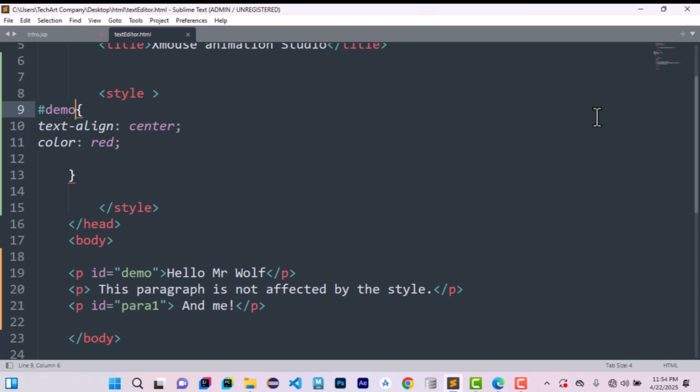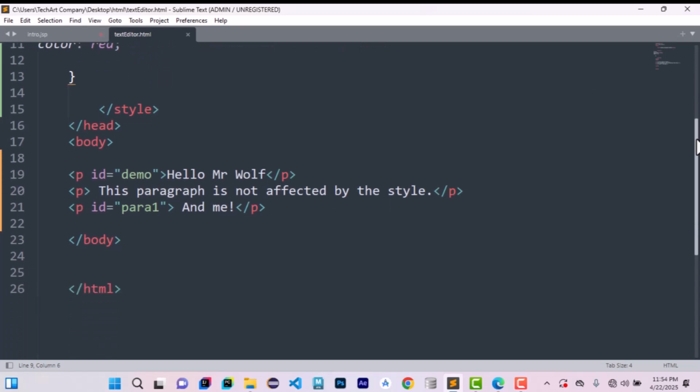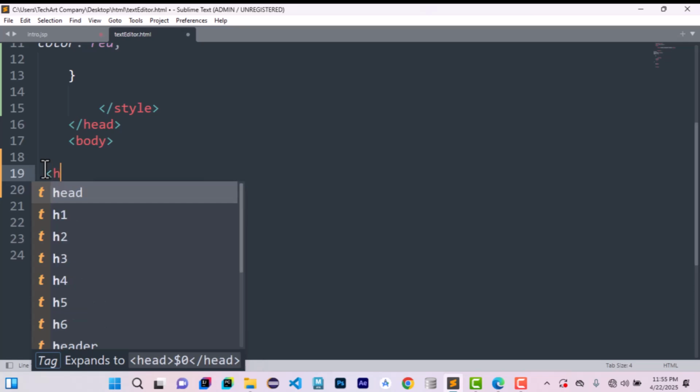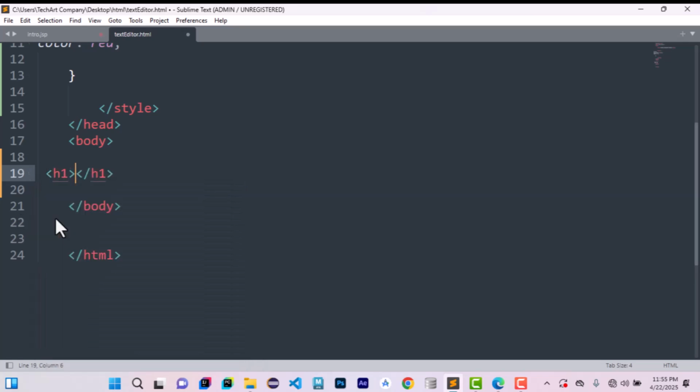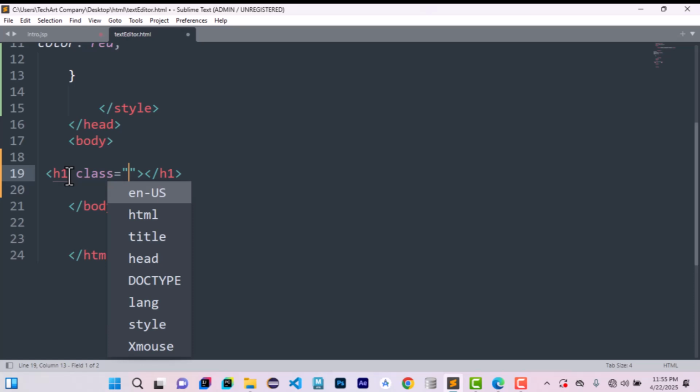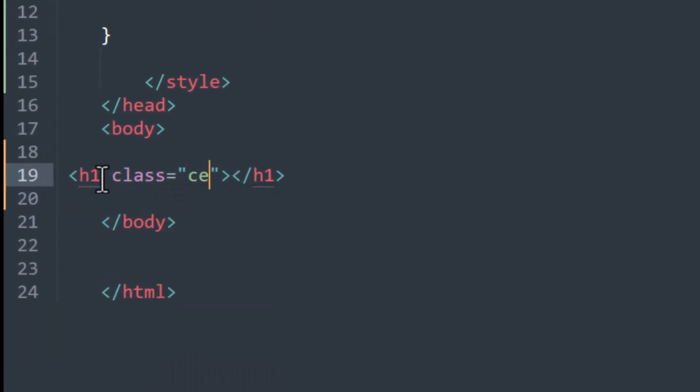So I just want to put some HTML tag here once again. Let me just remove all this and start clean and create an h1 now. In my h1, I want to give this h1 a class. And the class is, let's call it center. This is a class name, and then I can give the content. I can say red and the center